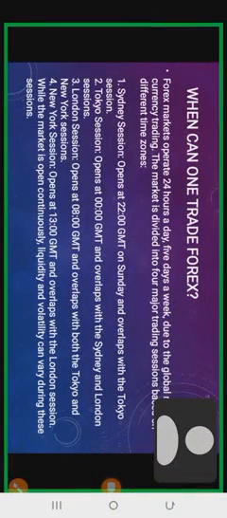The next thing is when can one trade forex? Now this is in sections. The forex market operates 24 hours a day, 5 days a week, due to the global nature of currency trading. The market is divided into four major trading sessions based on different time zones. So, from this explanation,